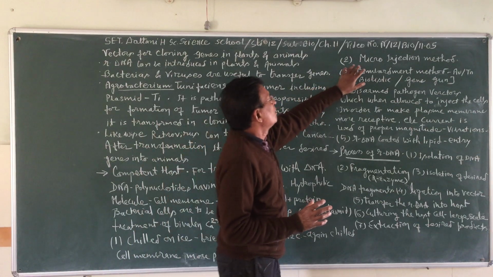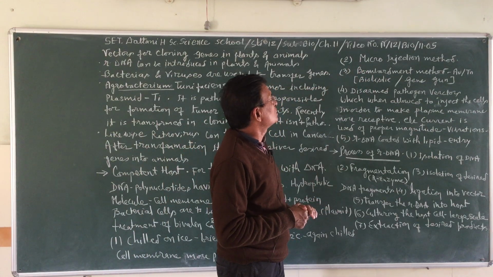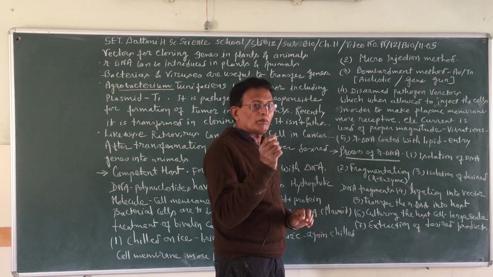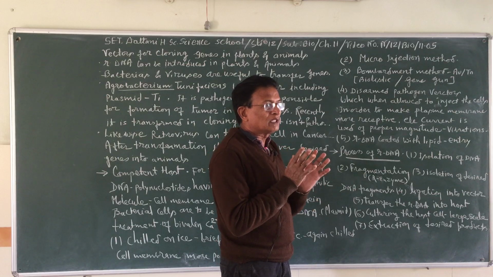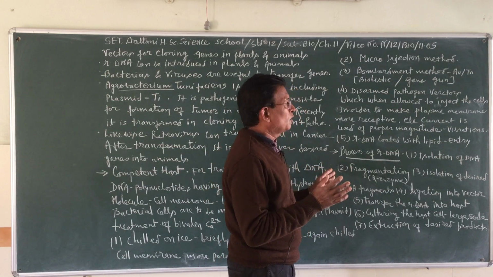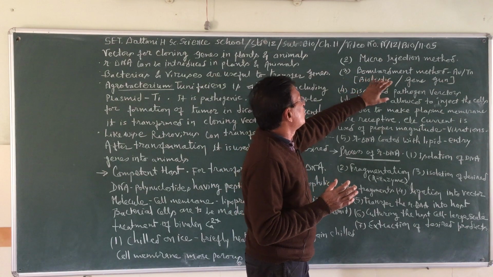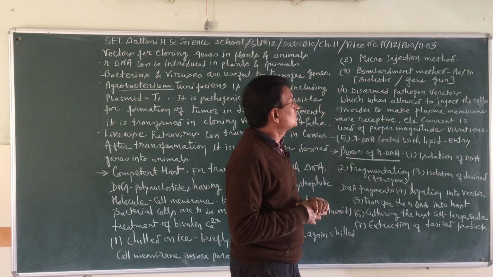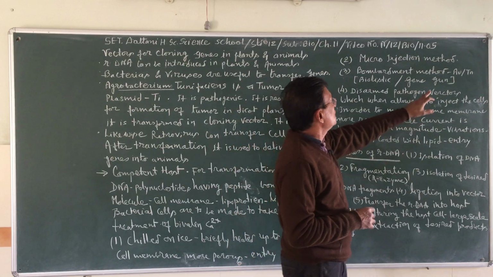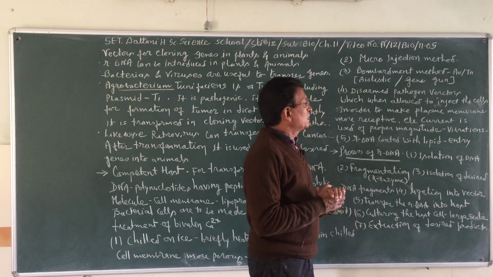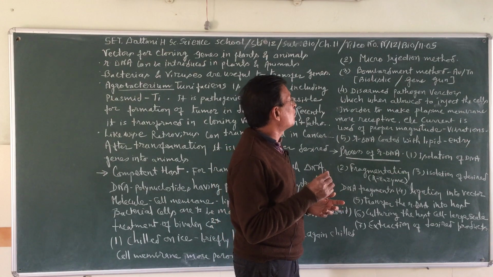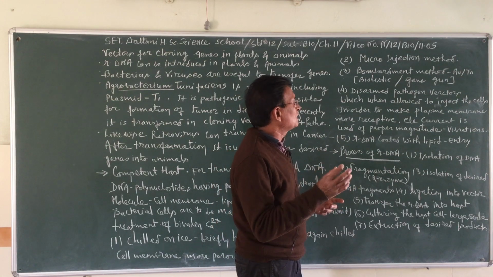The second method is the microinjection method. This is the method in which we can inject certain chemicals into the cell nucleus, so that the cell nucleus will itself allow the foreign particle to have entry. The third one is the bombardment method. Suppose there are particles coated with tungsten and gold, then with great velocity, these particles can be bombarded onto the cells and the cell will receive them.